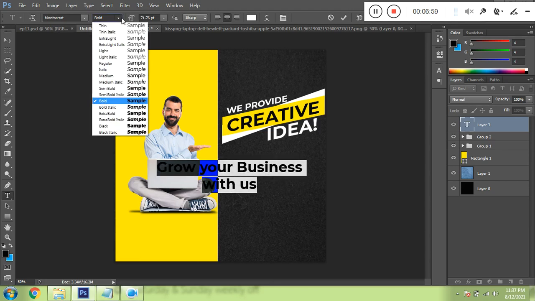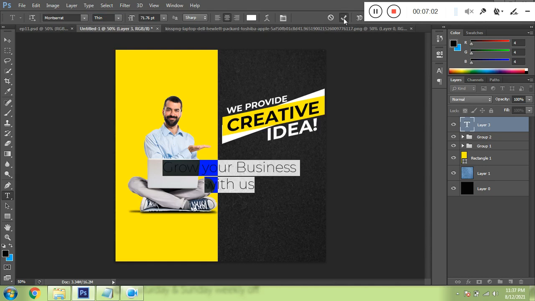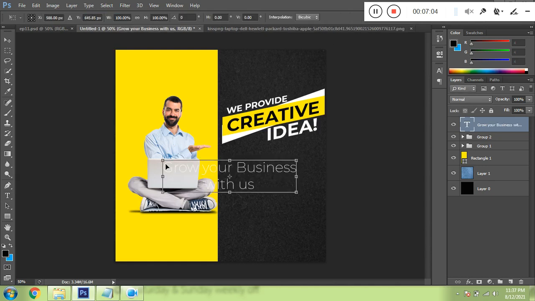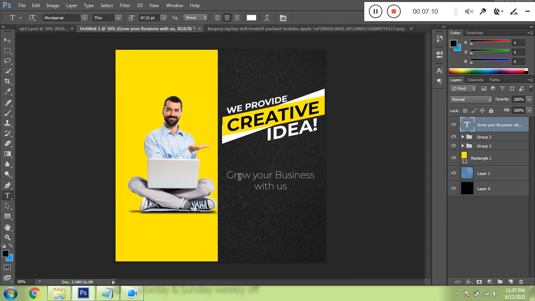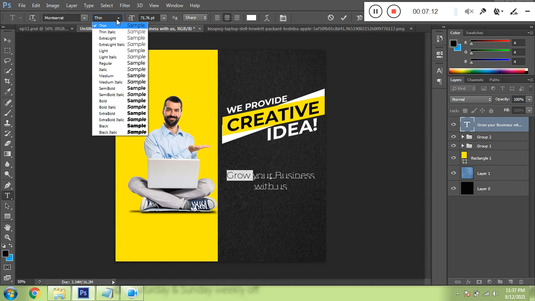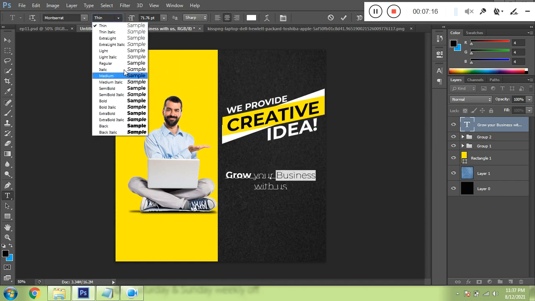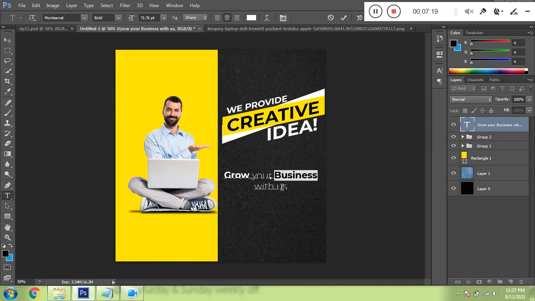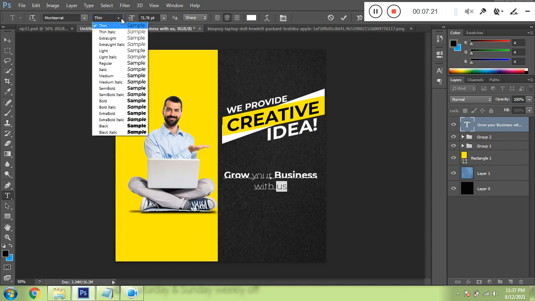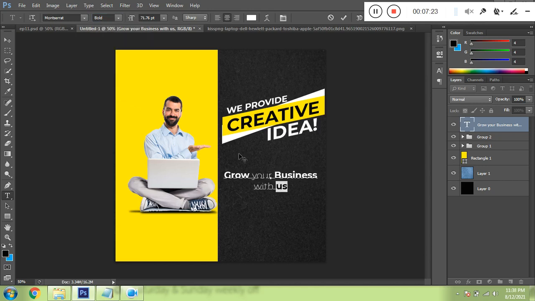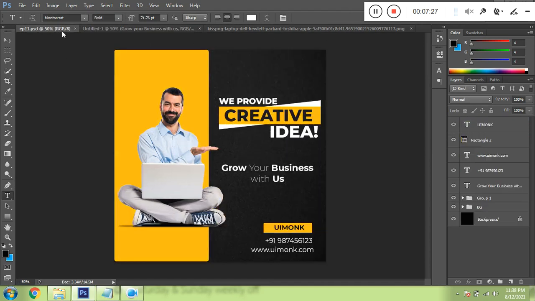Select all, make the font weight thin. Now Ctrl T, press Shift plus and then Alt, click enter. Now select the individual word and make this bold. Cool. Now we have almost completed this.